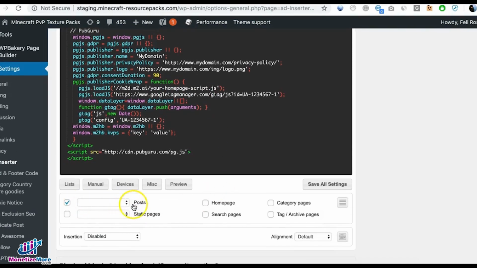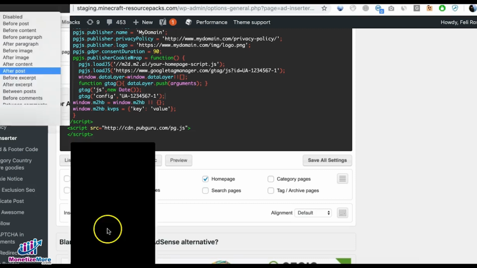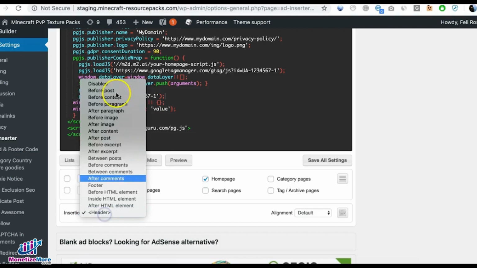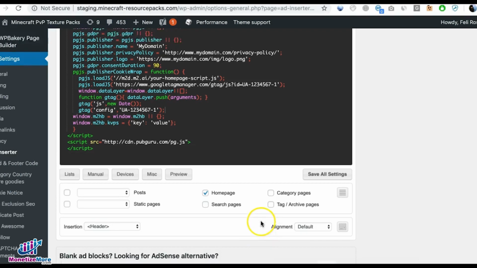So by default, posts here is ticked. Make sure that's unchecked if you just want this tag to show up in the home page. So you just choose home page, uncheck everything else, and here's the automatic insertion section that I was telling you about earlier. And now we have the header custom hook that we created. By default, it's not in here. They did that on purpose, because some publishers would confuse that with the header section of the page instead of the header section in the source code. Okay, so once that's selected, you go ahead and